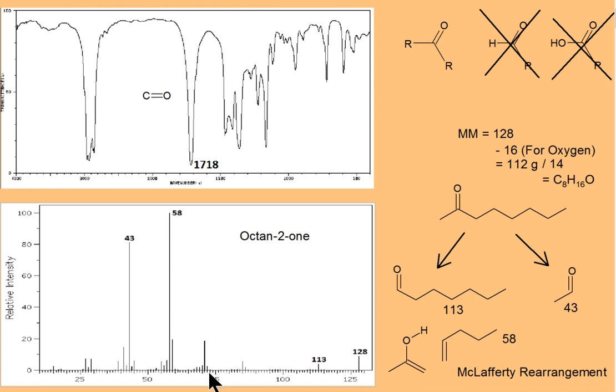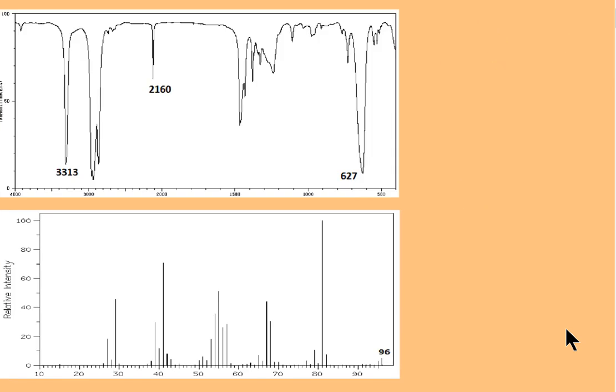And then the peak at 70 here would be the alkene portion of the molecule that's left over. Looking at the second problem, again the main peaks have been pointed out for us. So the main suspects we would expect them to be would be